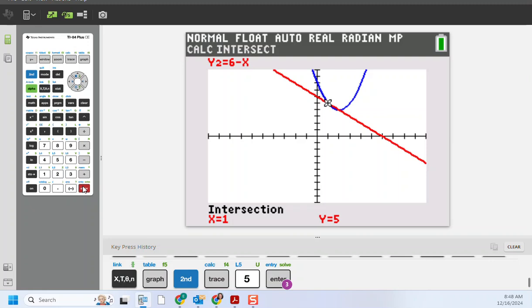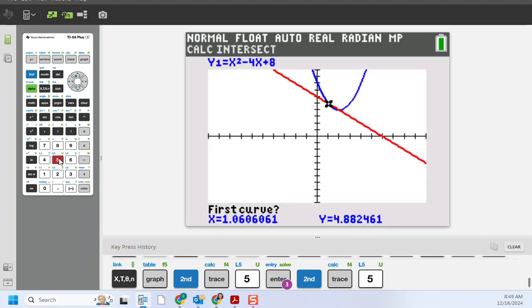Does anybody want to see that again? Okay. You start the same way. Do second, trace, intersect, and then you press enter, enter, but your cursor is going to be over here on the first answer. So what you need to do is use the right arrow to move your cursor closer to the